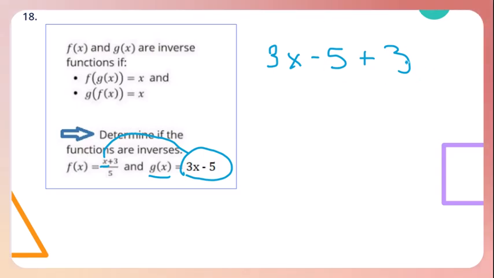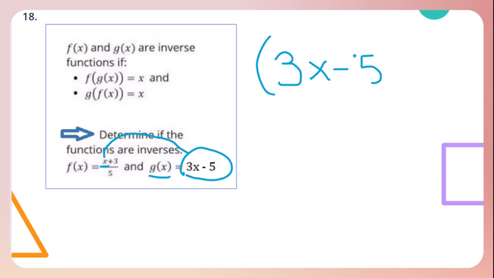Let me erase that. Let me start over completely. All right, so the x is going to be replaced with 3x minus 5. So we've done that here. And then we still have plus 3